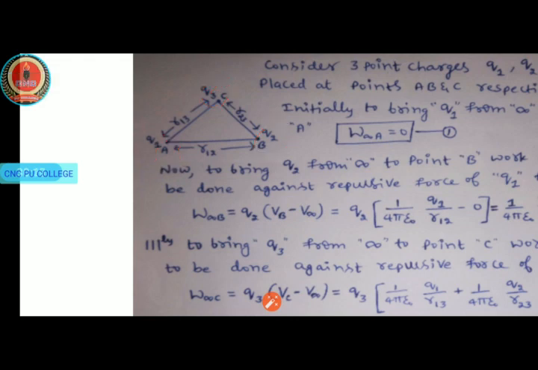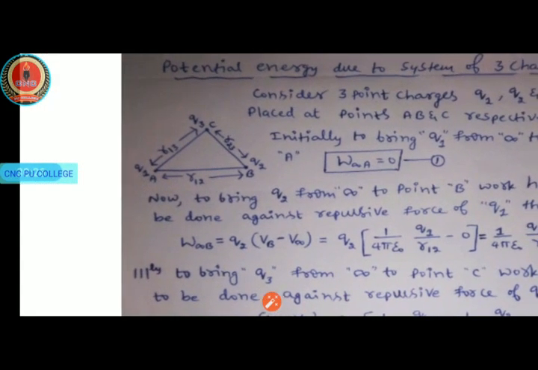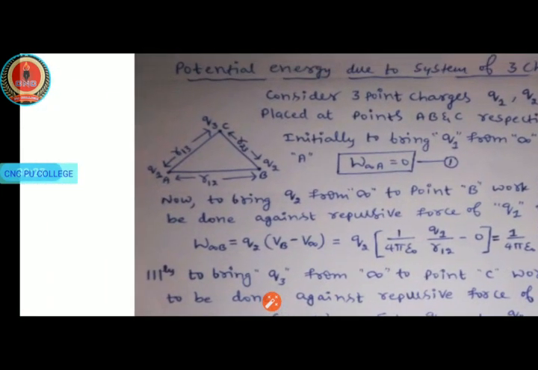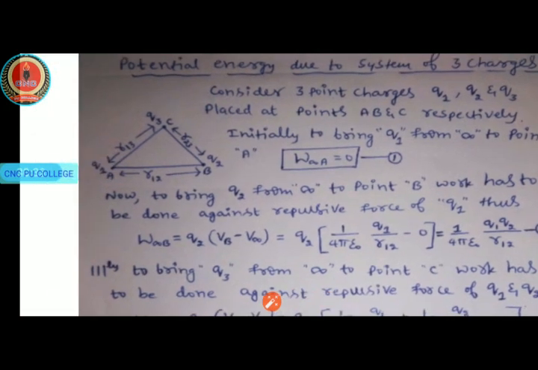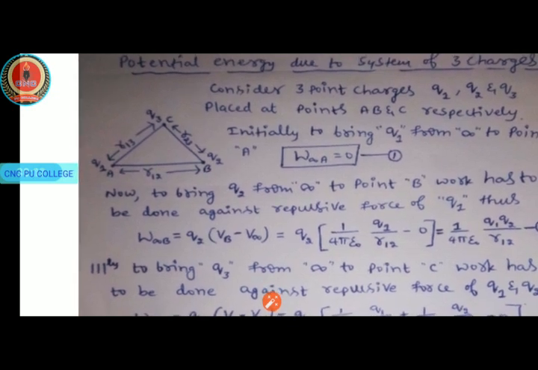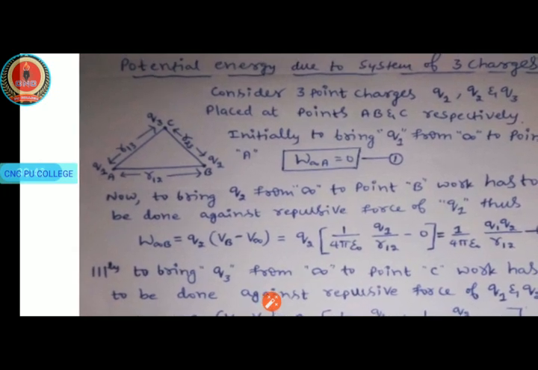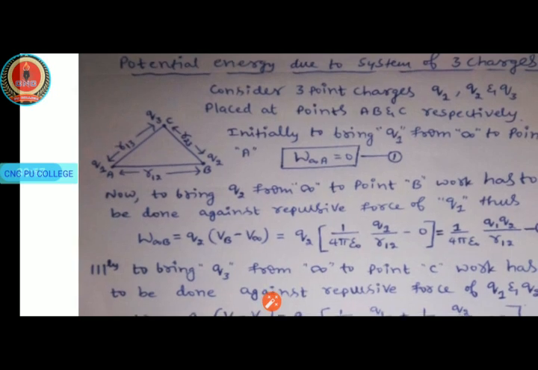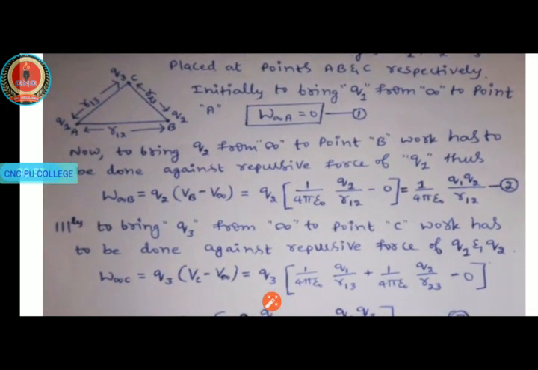Consider 3 point charges Q1, Q2 and Q3 placed at the points A, B and C respectively. So now here we want potential energy, right? Observe the distances between each of the charges. Between AB we have the distance R12, between AC we have the distance R13, between B and C we have the distance R23. So here totally we have 3 charges, but initially to bring the first charge Q1 from infinity to point A,